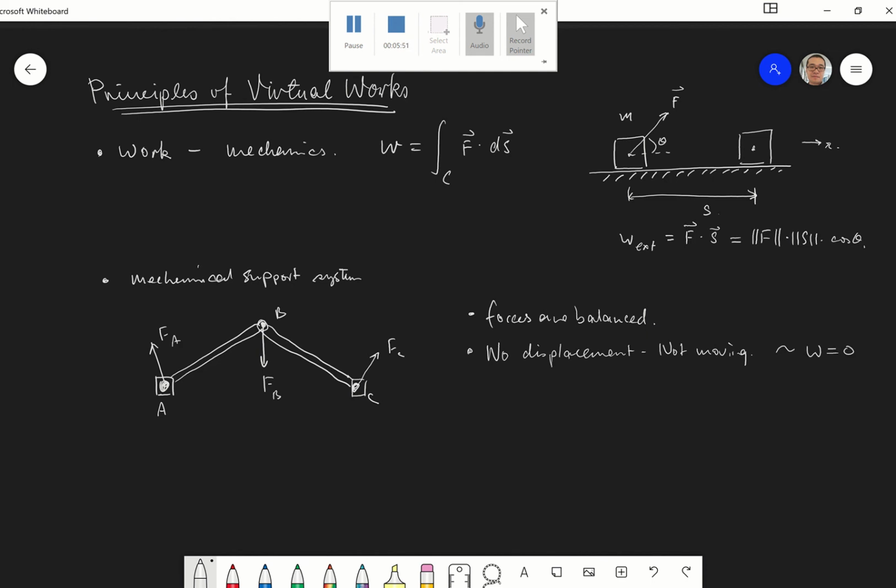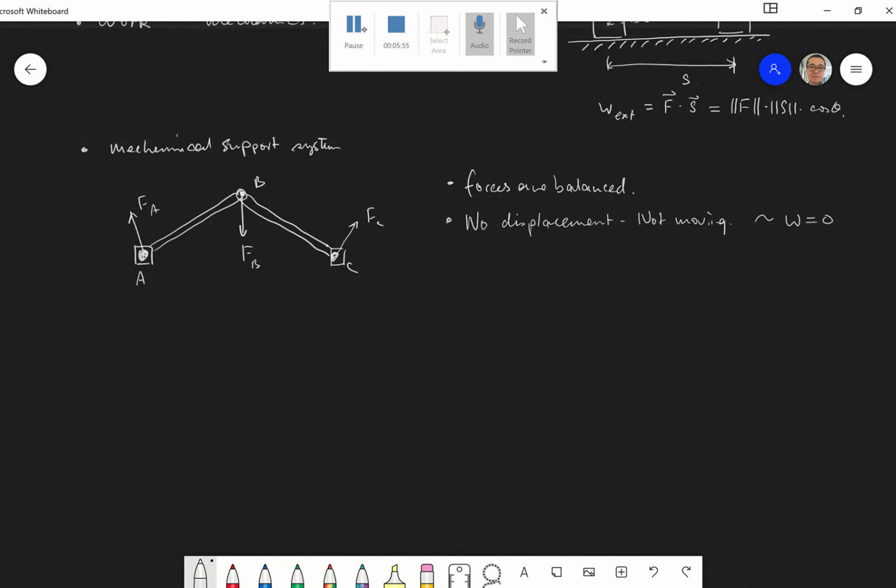But we know that's not helping us to solve the problem because the force actually exists, right? The force exists. And what it does is actually induce deformation in the structure,